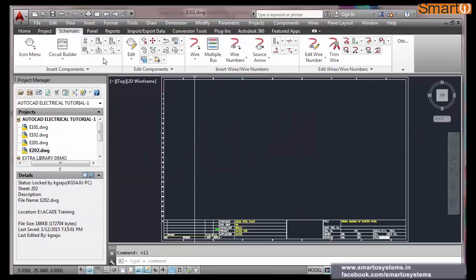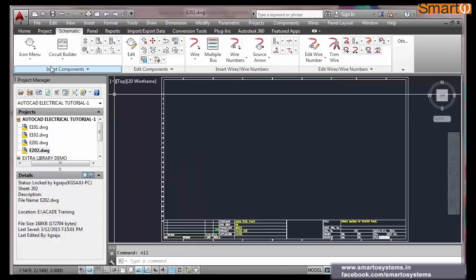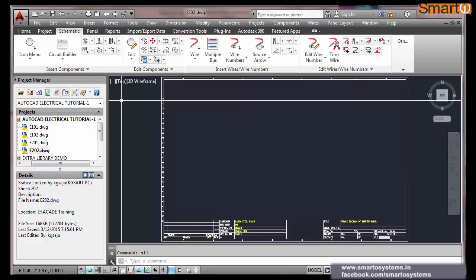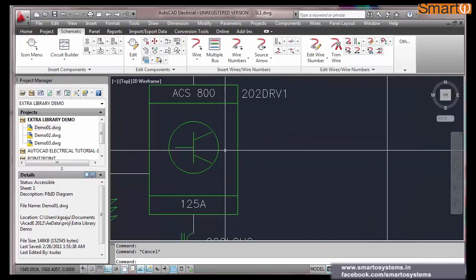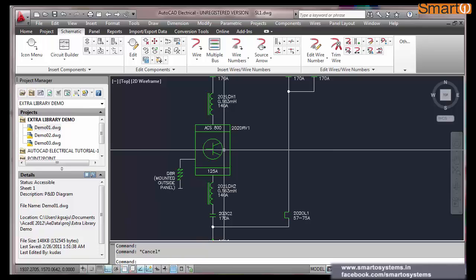So, I want a drive. As I told you, I have a symbol library. I make components and keep them in a particular library in a folder from where I use those components, because all these drive components, I mean blocks, may not be available, and even if available, that is not necessary.